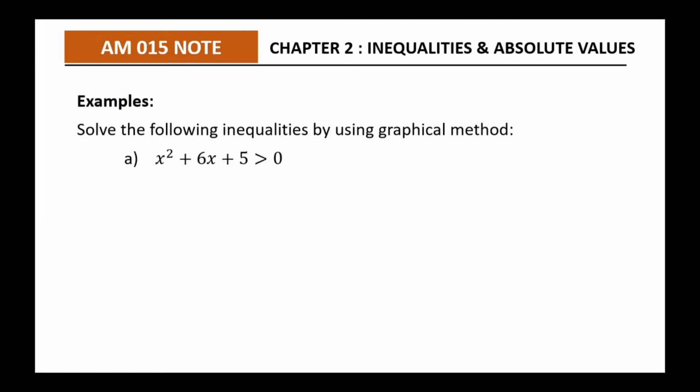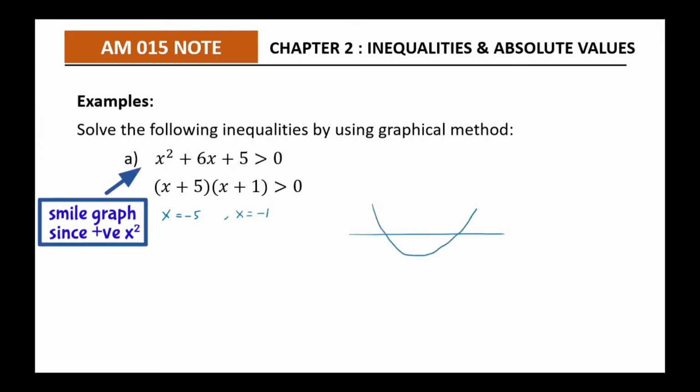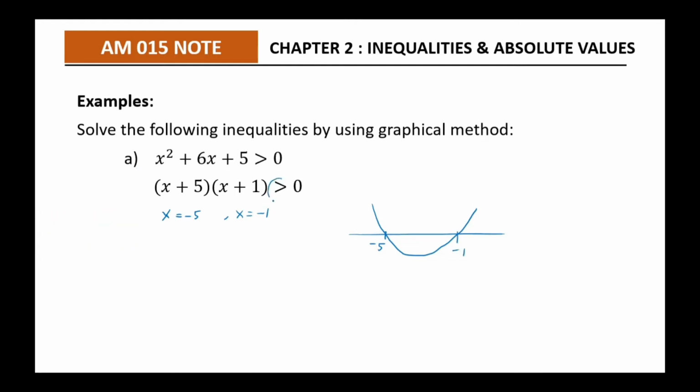Okay, examples. Solve the following inequalities by using graphical method. x² + 6x + 5 > 0. So first we need to factorize the expression, and we have (x + 5)(x + 1) > 0. So x = -5 and x = -1. Graphical method: sketch the smile graph and the points -5, -1. And for greater than 0, the sign is greater than 0, so we take the graph